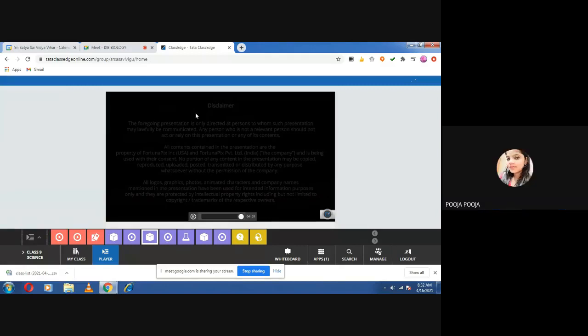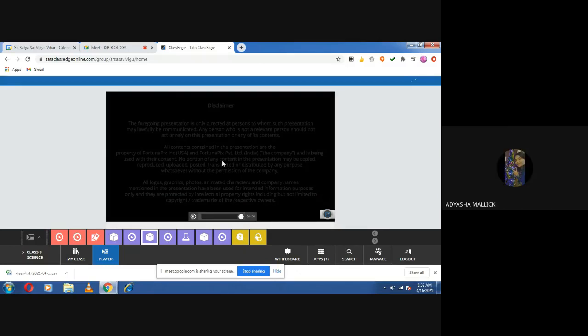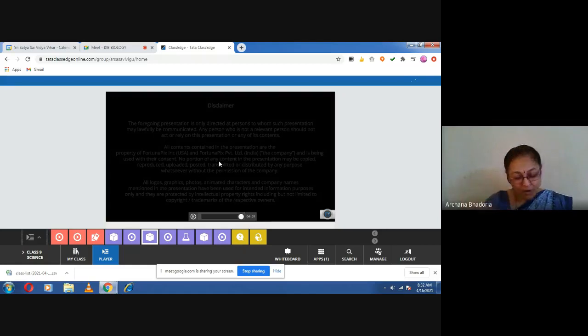Still confusion is there, children. When the cell shrinks, cell will shrink. So what is the phenomenon? इसको हम क्या बोलते हैं? Plasmolysis. Okay, and if the cell is placed in the hypotonic solution, so then